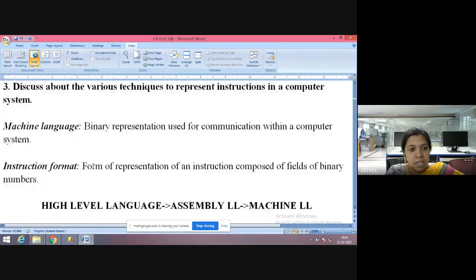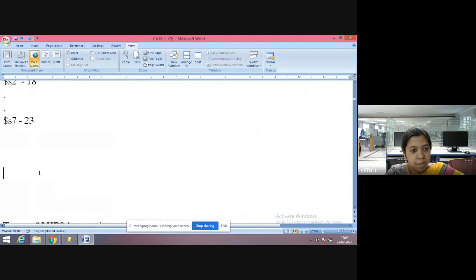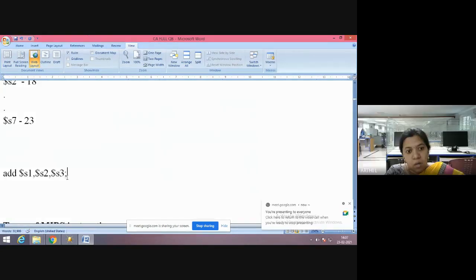Okay, so let's see a small instruction. Let me put add dollar S1 comma dollar S2 comma dollar S3. In MIPS, I should not use letters like ABC; I must use dollar. Can we use dollar T? Yes, you can, freely.